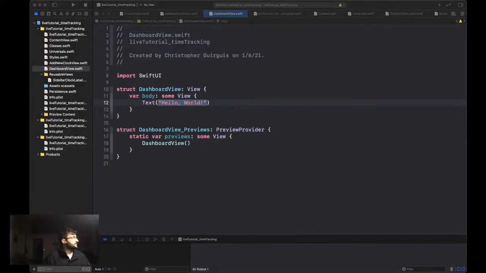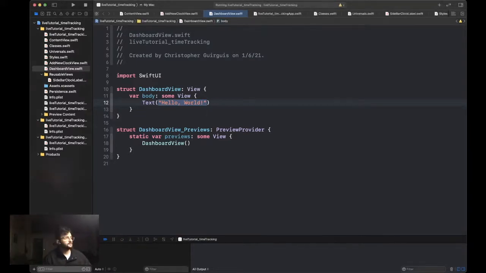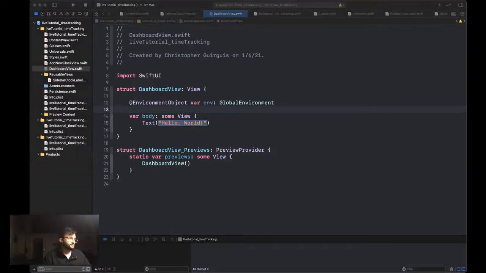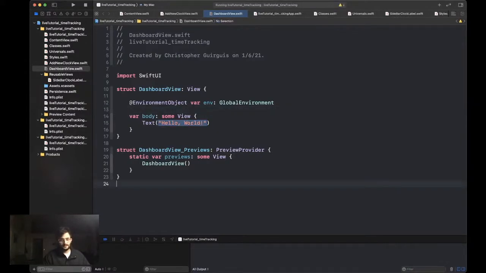So let's go ahead and get started on this dashboard view. Just going to look at it as we go along. Like I said, I did work on this a little bit on my own, so we don't start from scratch entirely. First things first, let's add our global environment. So environment object var env type global environment. Voila, we can use it. All right. The next thing we're going to do is come here and create a